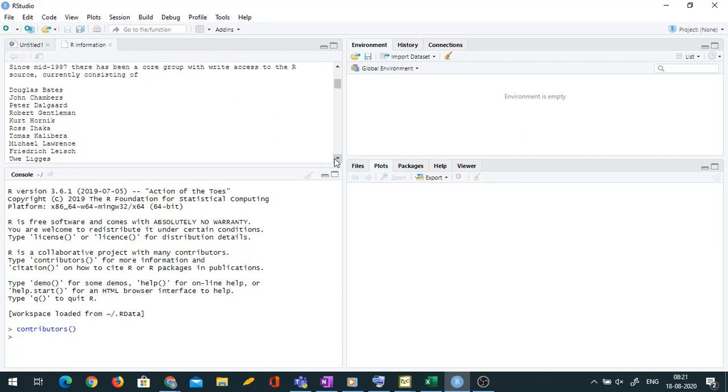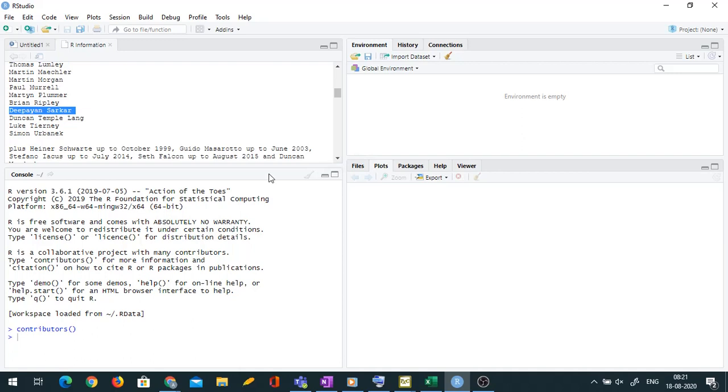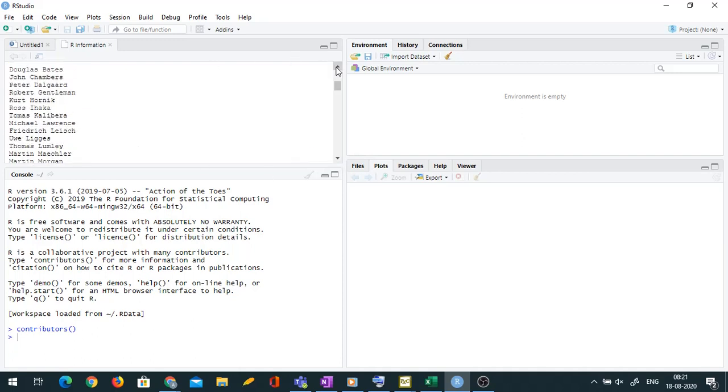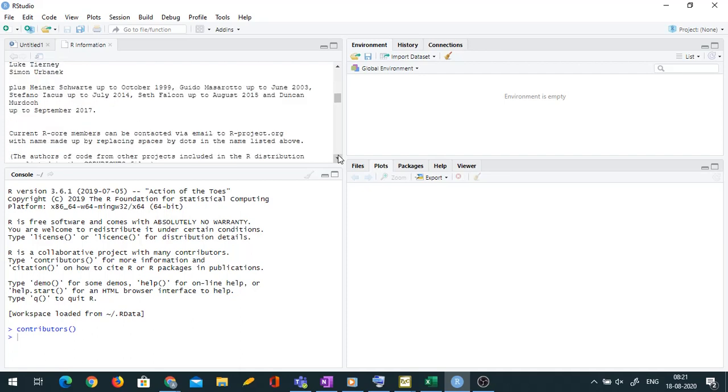I think there must be some Indian in here. Deepayan Sarkar probably, yes. Deepayan Sarkar is there. He is a professor from ISI. So these are the core group people who have complete write access in R. Plus, these are the people who have left. Initially they were there, but they have left.